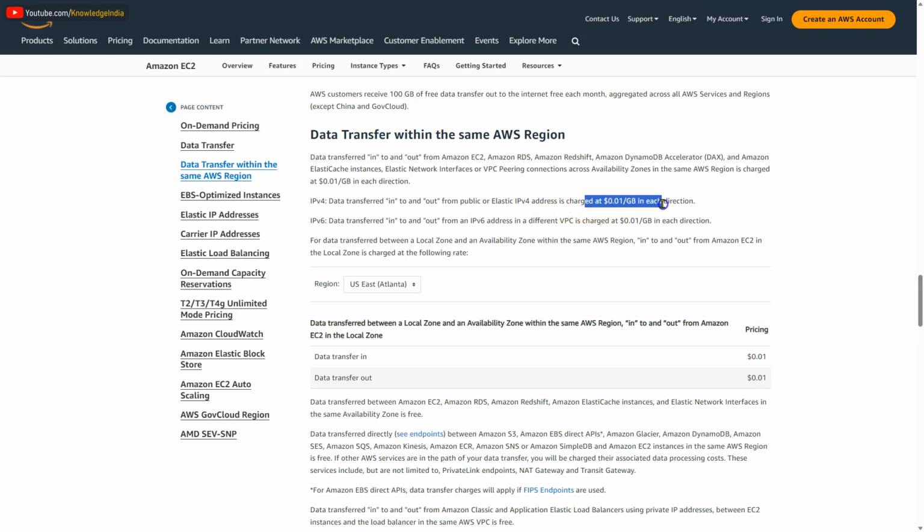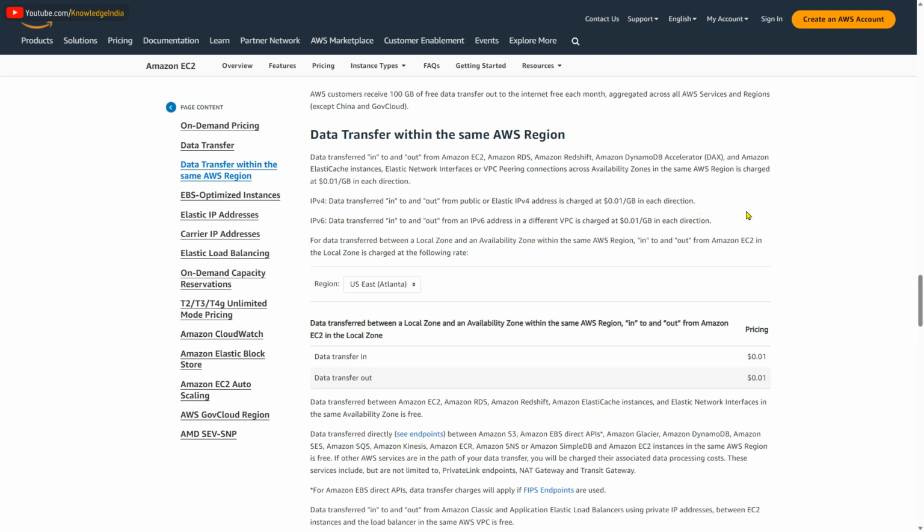version 4 address is charged at this rate. So you have got two EC2 instances, one in availability zone A, another one in availability zone B, and traffic flow happens between them. There is a charge if it is using a public IP. Then you may ask, what if we use a private IP? Even when you use